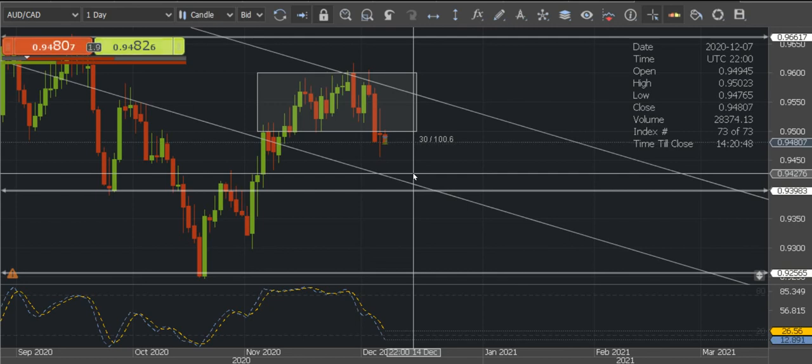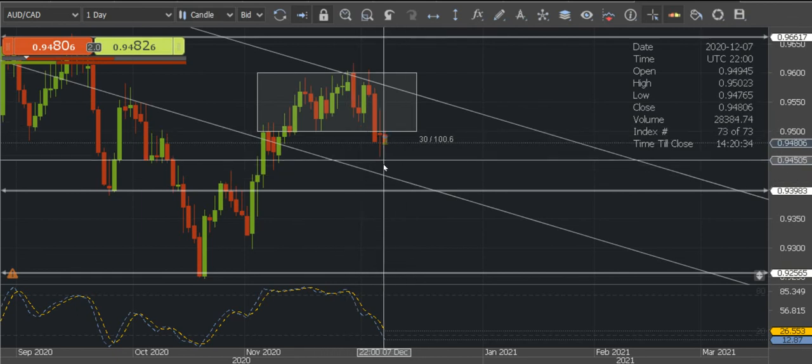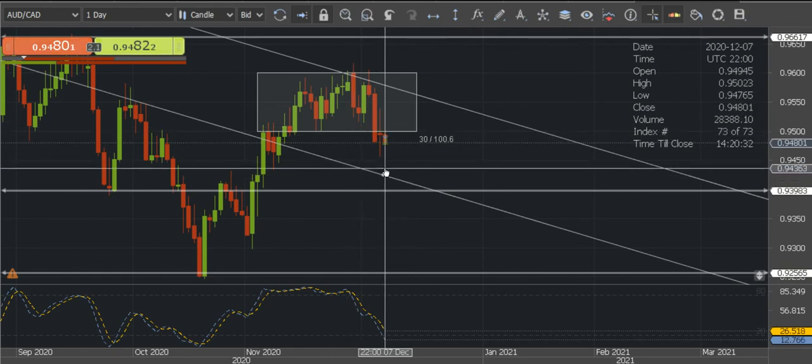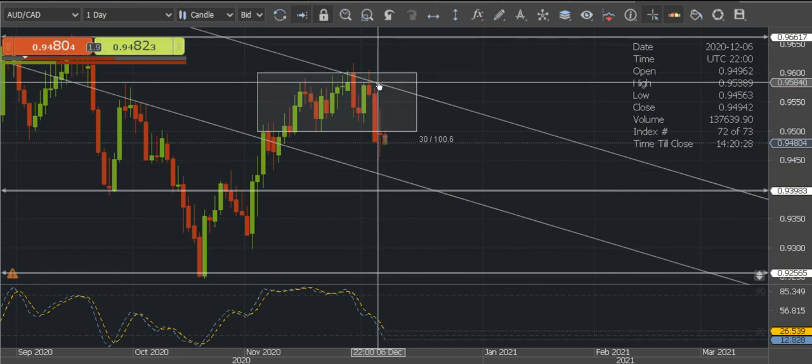In the past video, that trade hit my stop loss. Sometimes it happens. I took a risk in that video because I wanted to show you how the fundamentals will work, all those things. So this 0.9420 area is my TP, and the 0.9570 level is my stop loss for this trade.